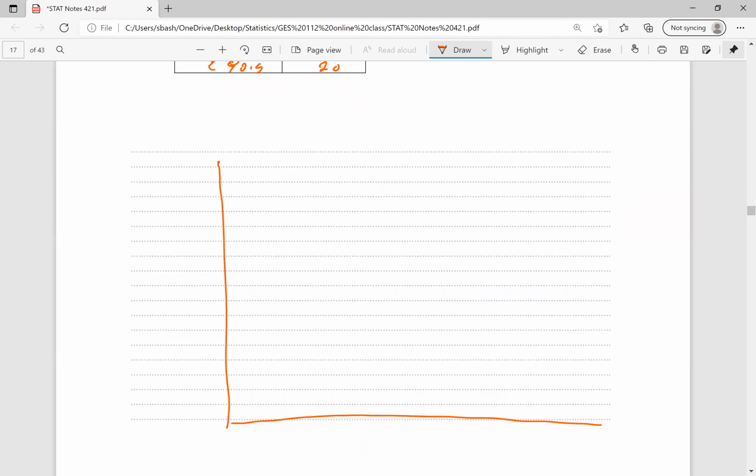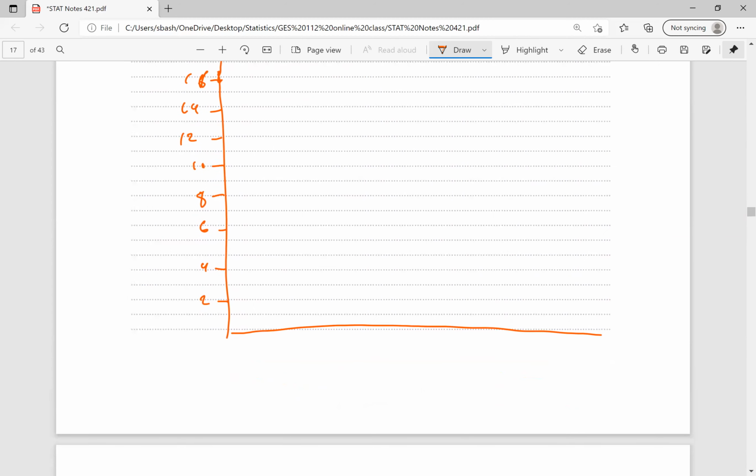I'll take every 2. So this is 2, 4, 6, 8, 10, 12, 14, 16, 18, and 20. Now class boundaries will be down, so this is